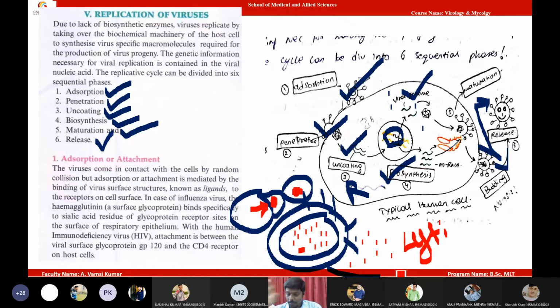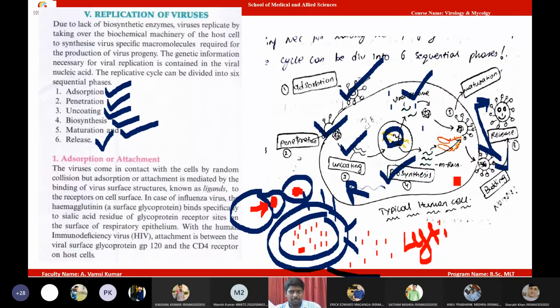So one best example is cirrhosis, liver cirrhosis. Hepatitis virus will cause irreversible damage to the cells of the liver. So if you get hepatitis, you can say goodbye to your liver. Very, very deadliest form of viral infection. So this is how the viruses will be released from the cells. Okay, so these are the 6 stages of viral replication, starting with the attachment, penetration, uncoating,